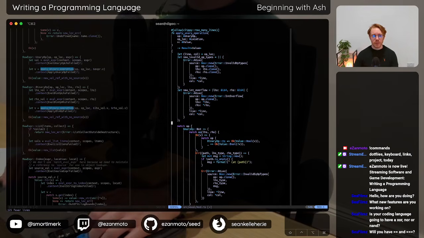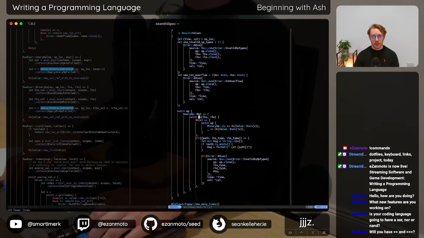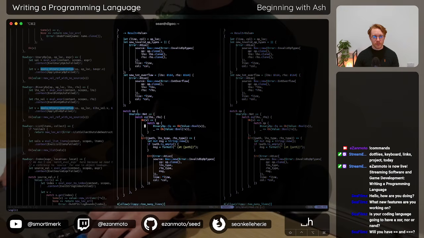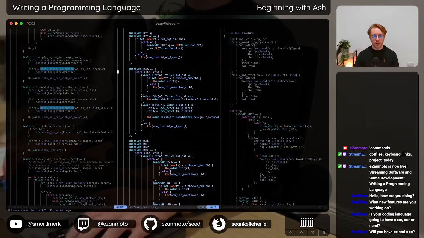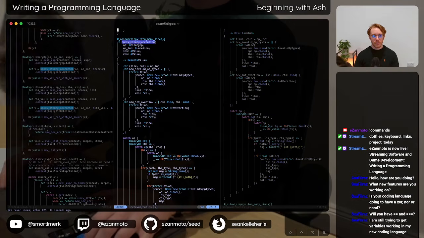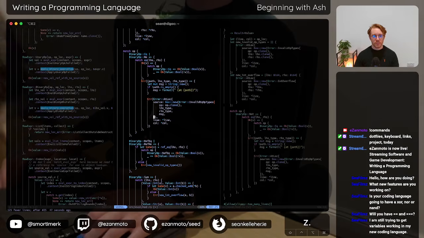I presume there is, but Clippy will probably tell me about it. In fact, I probably want to undo that removal because I want to do a match on the types here.